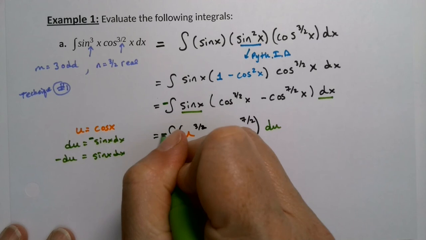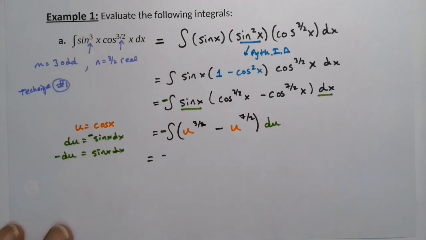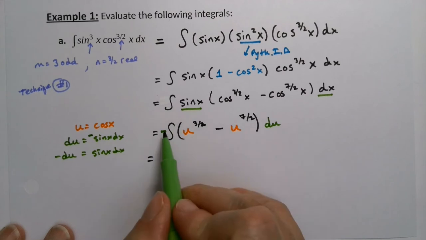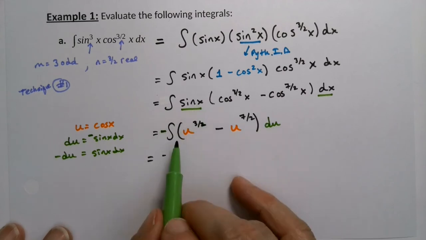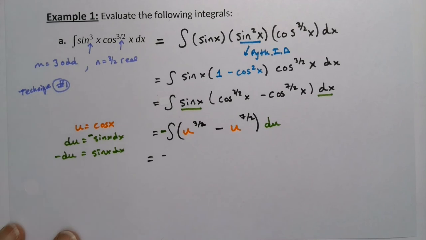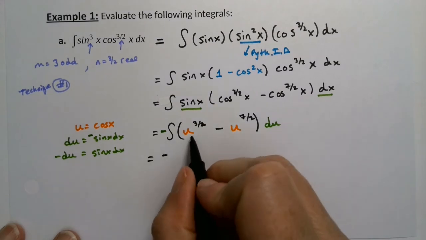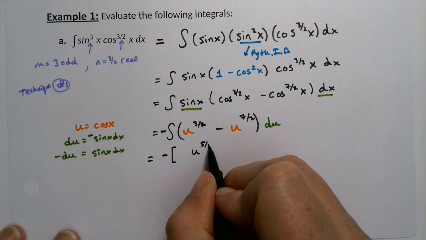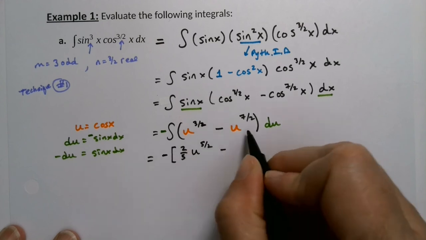Okay, so there's a negative right there because, oh, it's not there, it's here. There has to be a negative du. The sine of x dx is negative du. Sorry. So then it's negative, and then the integral of u would be u to the 5/2 times 2/5 minus